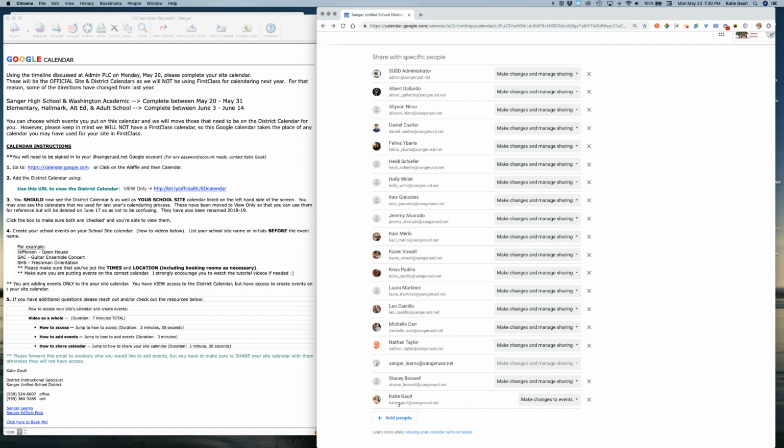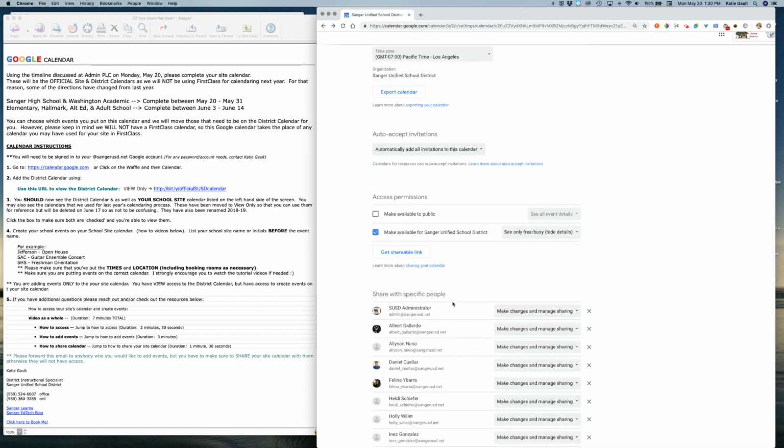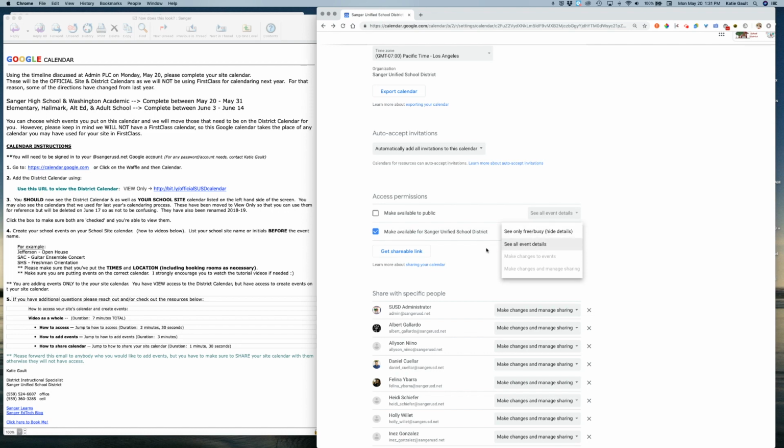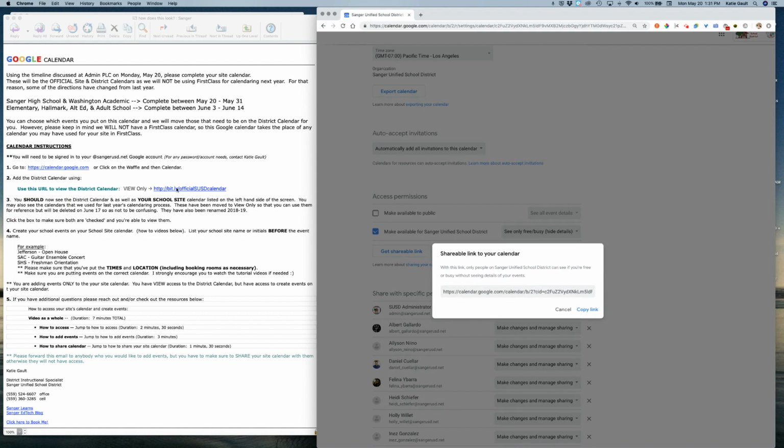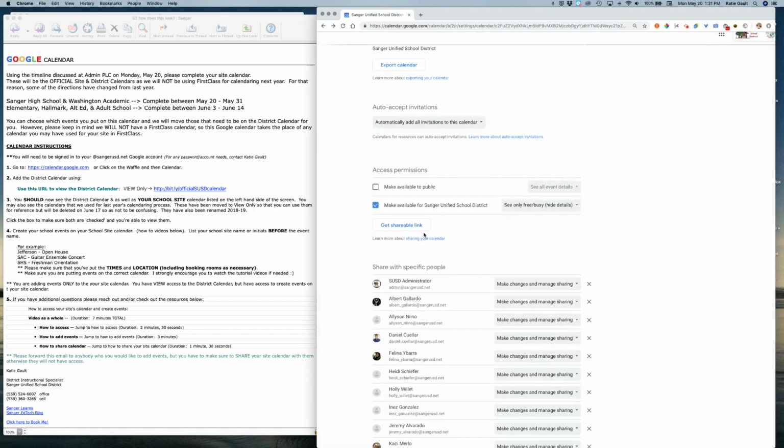Once the calendar is populated and you want to share it out with your staff, the easiest way to do that is up here where it says make available for Sanger Unified. That is already checked, but they would just be able to see whether things are free or busy. They wouldn't be able to see the names of events or locations. So what you could then do is say, see all event details, and then get the shareable link. Just like in the email, you had the shareable link to the district calendar, you would take this calendar link and copy it and email it out. Or you could also make it a bit.ly